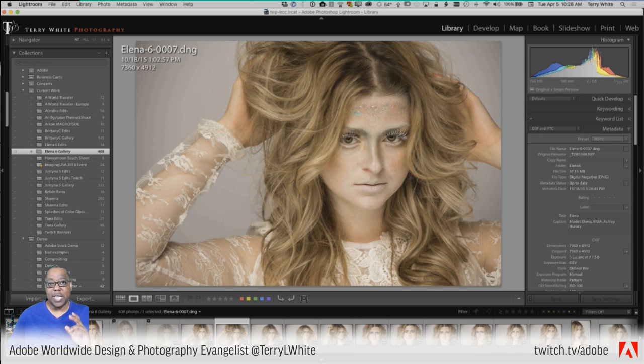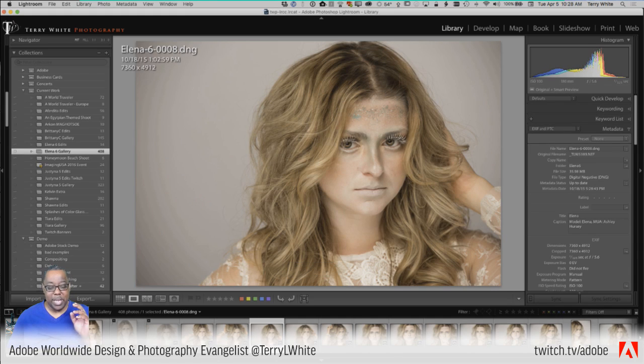And then from here, again, I can choose whatever. So if I give this one a 3-star, I hit the number 3, it gave it a 3-star rating and jumped to the next one. So that's what I mean by you get to use anything you want, but you only get to use one of them. If you wanted to make something a pick and a 4-star, then you'd have to go back to the photo to give it the pick flag, or back to the photo to give it the star, because it's only going to let you do one before it jumps to the next photo.